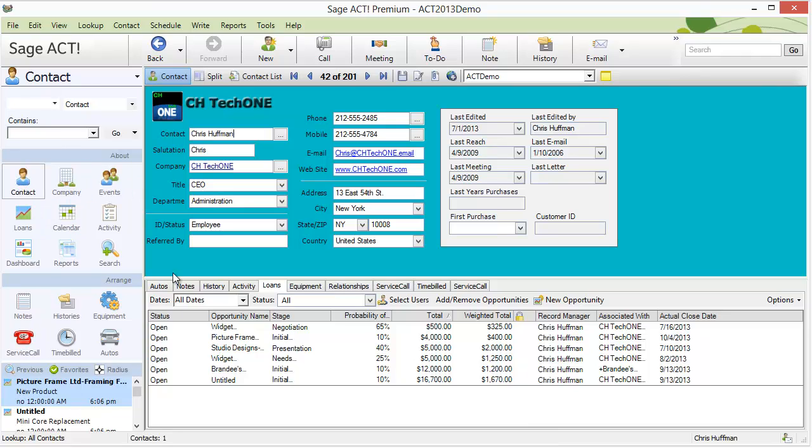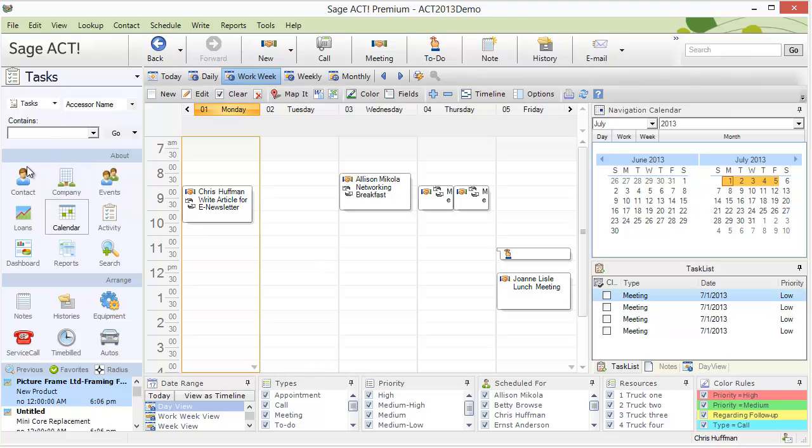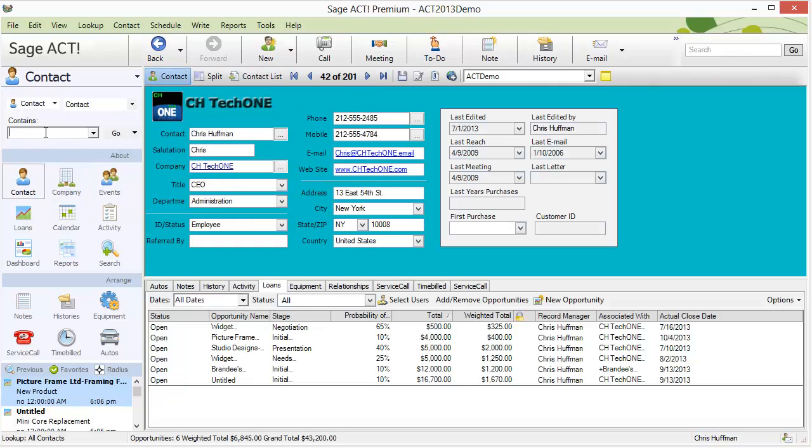Let's just talk about our navigation bar. Top level navigation, of course, is if we go to contacts or companies, we can type in anybody's name here and click on the go button, just like ACT does. One of the nice features that we have is Control F will highlight that for us. So I can now type in Huffman and